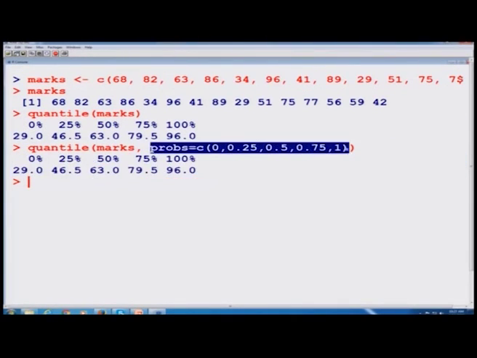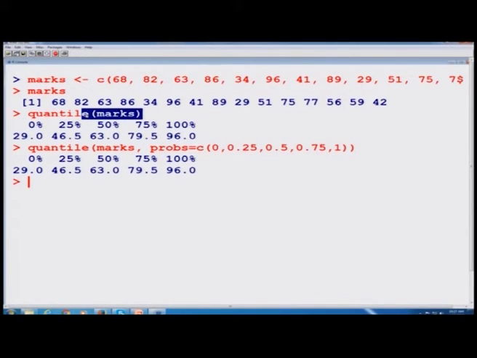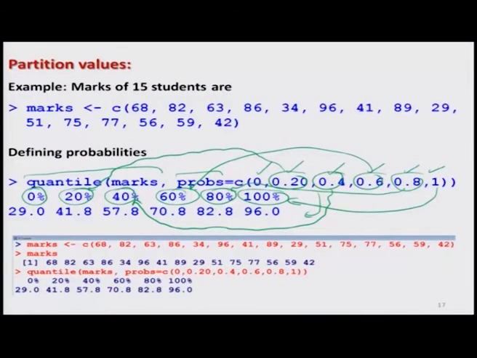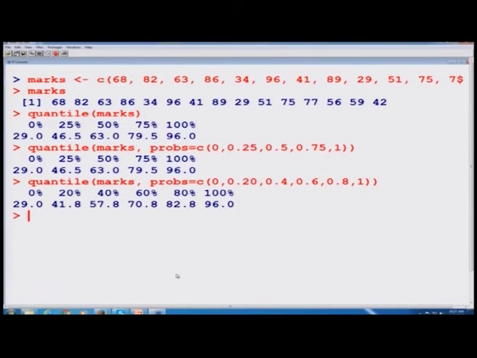So this probs value is not written here, but still it is taken by default. Now, if I repeat this example where I want to choose the partitions myself, I can do it like this, and you can see I am getting the partitions like 0%, 20%, 40%, 60%, 80% and 100%.